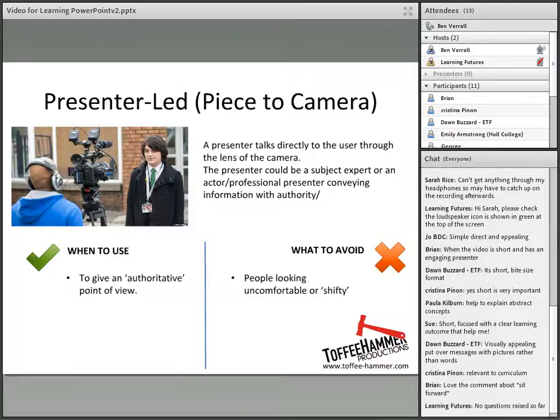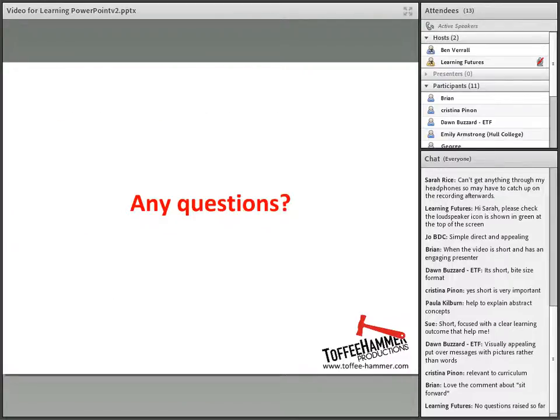So a lot of people think, what would be really good is if I put some idiot boards up, write my keynotes on my computer, put it underneath the camera and so on. Actually, those things don't really work. An auto cue allows you to look straight down the lens of the camera and read at the same time. Whereas anything that takes your eyes away from the lens is likely to make you look shifty and make you lose authority. Any questions at this point?